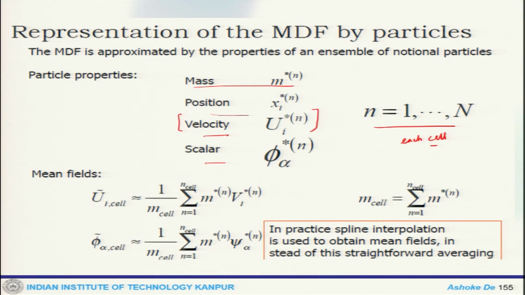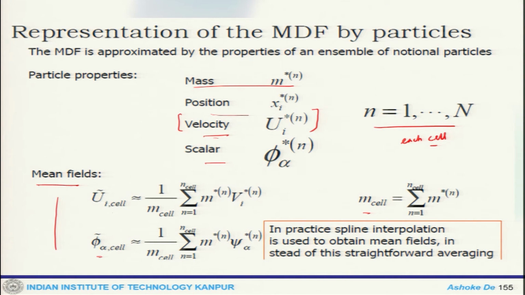But here we have a joint velocity-scalar PDF, so the statistics of the velocity field are available. That is why this for the particle will also become important. Then when you look at the mean fields, we need the total number of particles per cell, the mean velocity component, the mean scalar component and the mass. These are the important parameters that one has to satisfy to maintain consistency between the Eulerian framework and the particle framework.